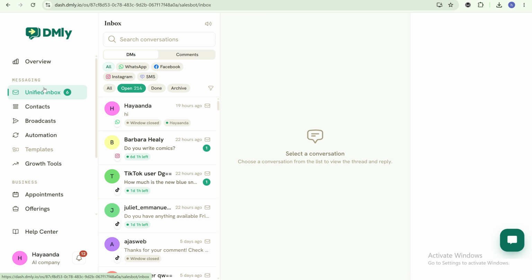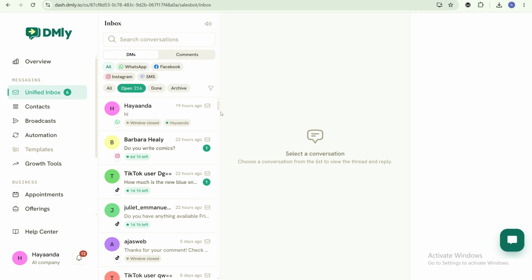Depending on the channels connected to your workspace, you may see conversations from WhatsApp, Facebook, Instagram, Telegram, live chat, SMS, and other supported channels. One important thing to understand here is that the inbox is different from most other areas of DMLY. The channel you select elsewhere in your DMLY dashboard does not control what appears inside the inbox. For example, if WhatsApp is selected in your sidebar, you can still see Instagram, Facebook, live chat, and other conversations